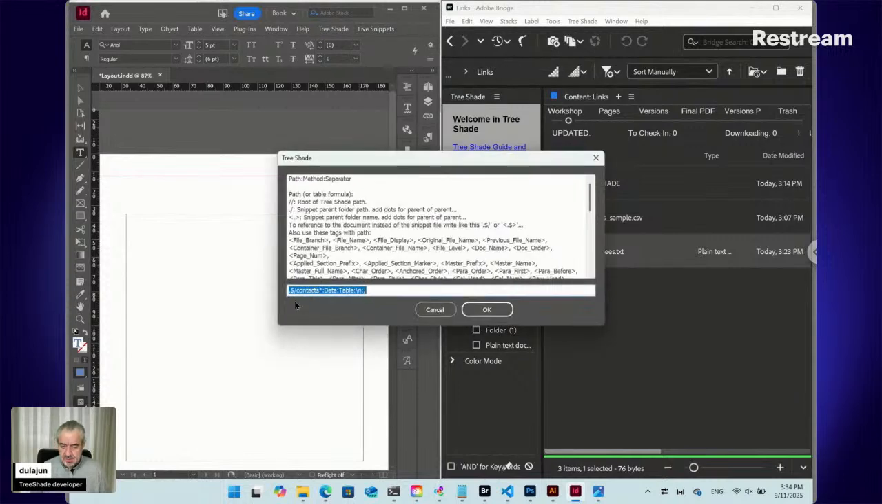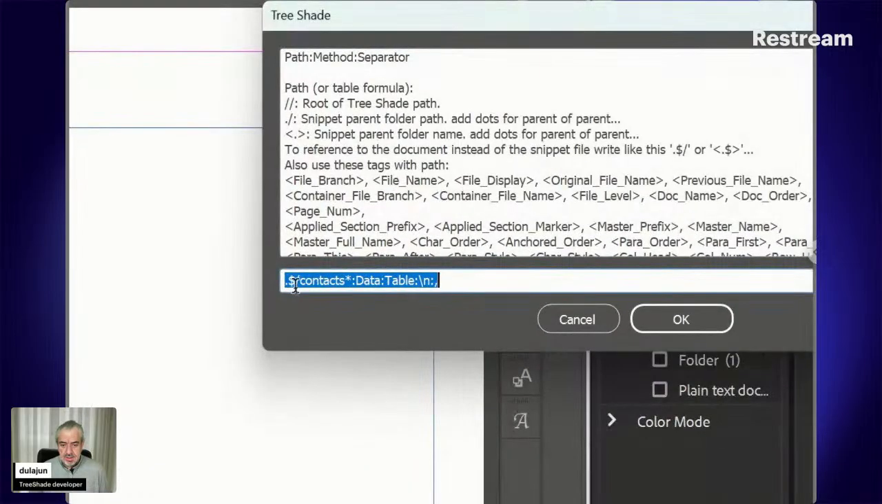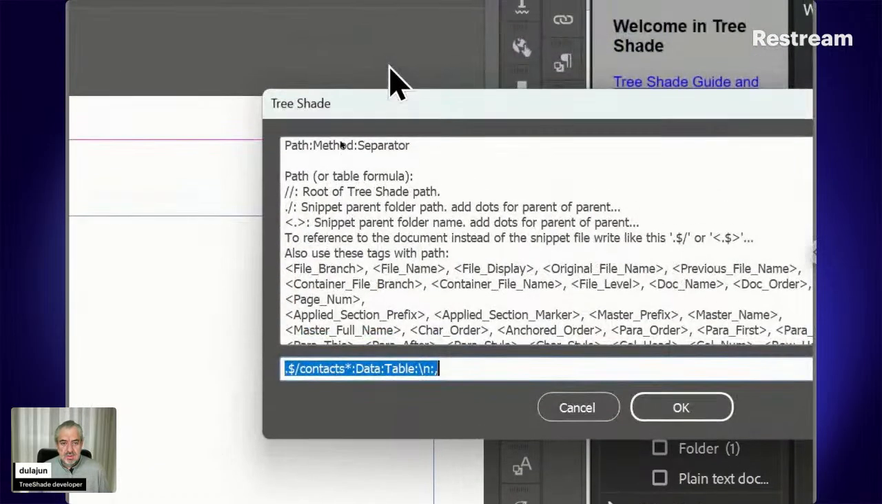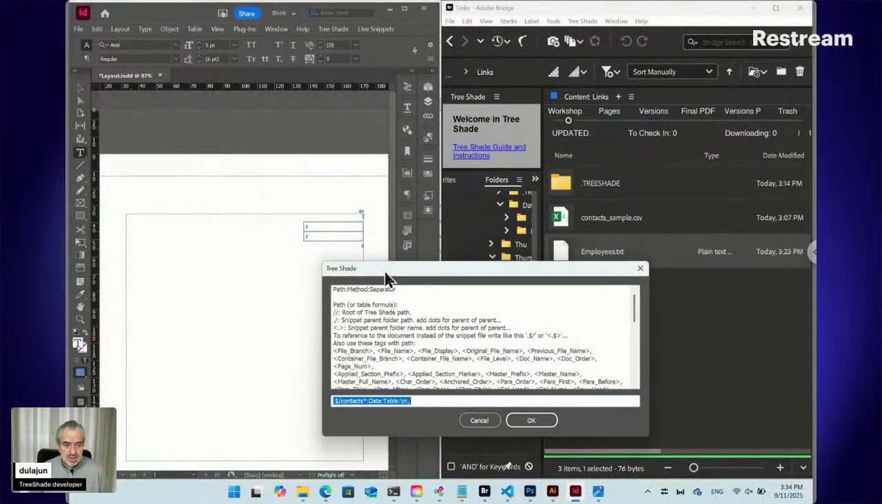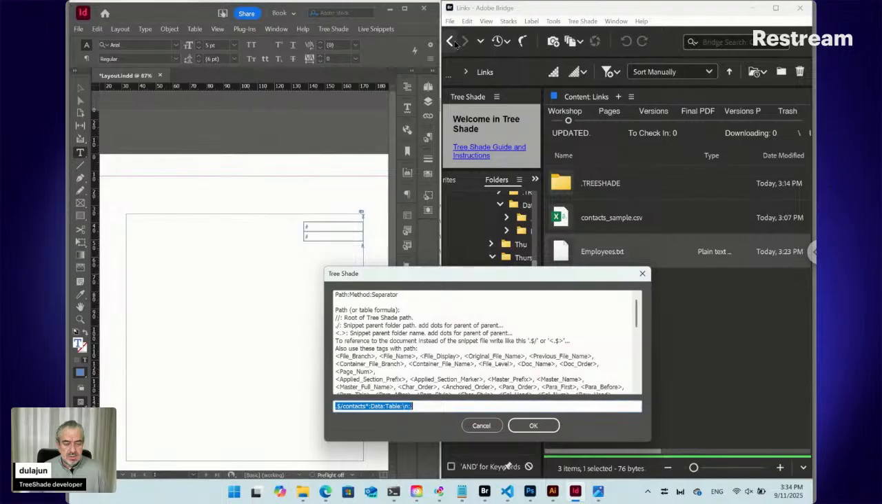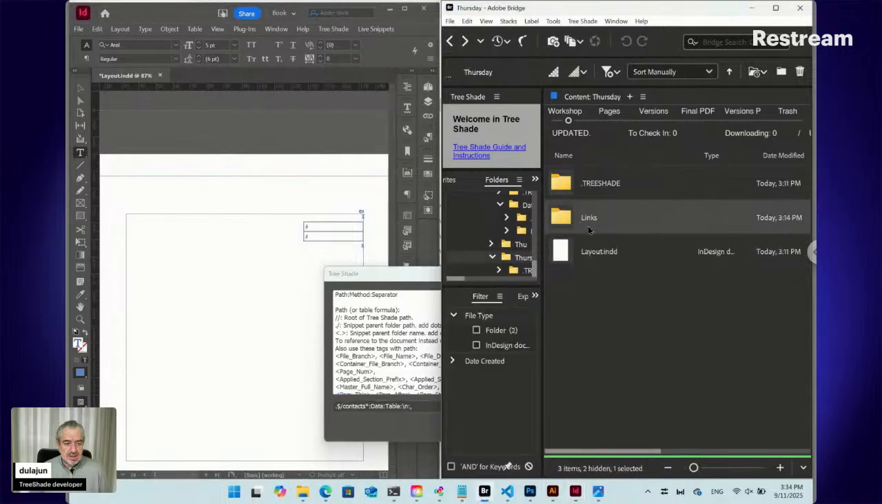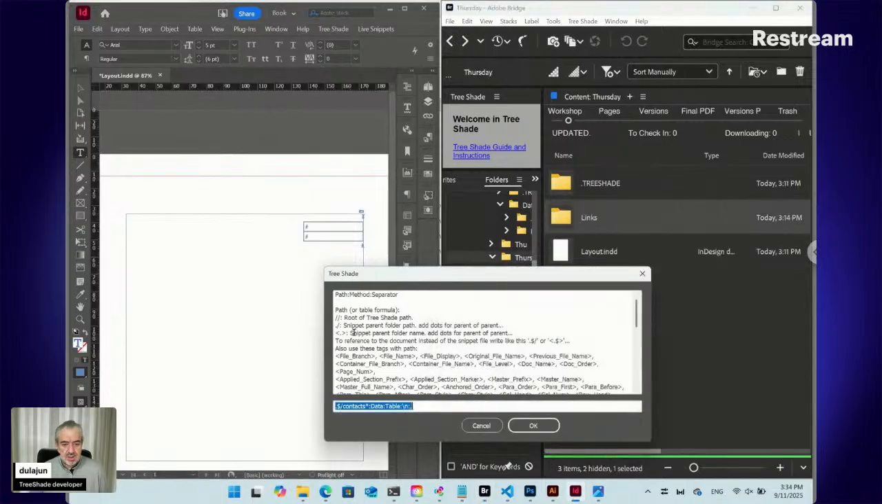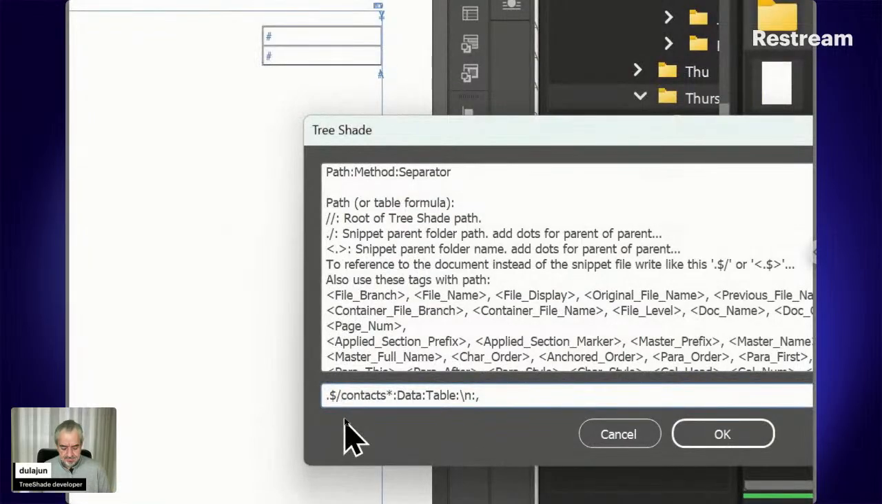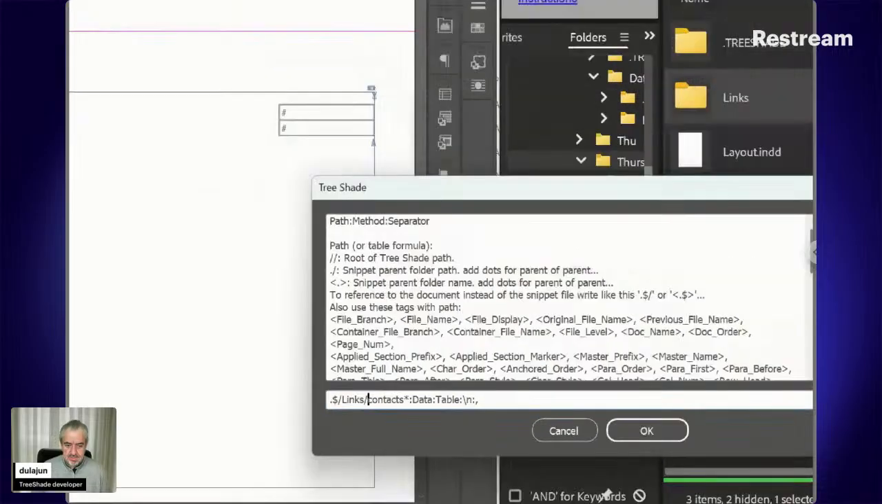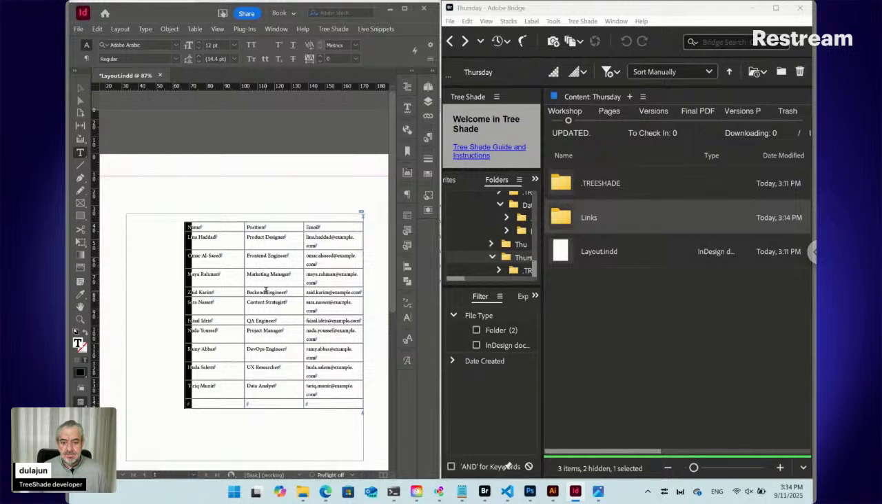Something wrong. For the document, the contact is actually not beside the document. The contact is inside links. So I need to add links here. Okay. Now we have